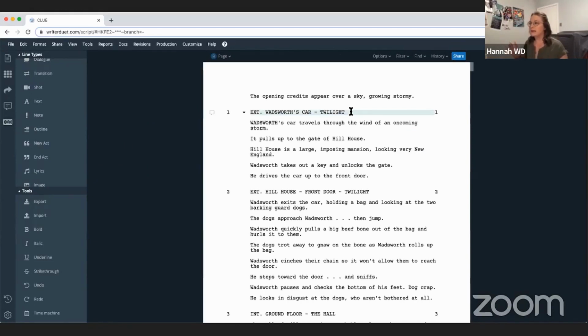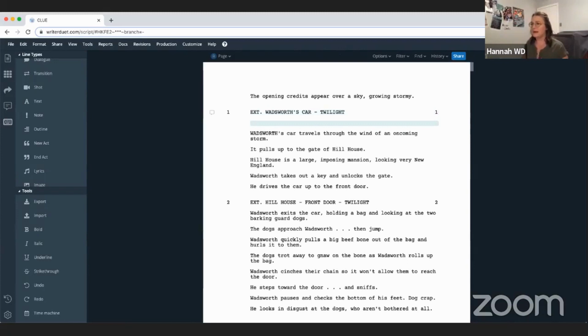So we're going to add some outline lines here in the script, and I'll show you how they display and then how you can use them with the cards mode and your script itself. You may be starting with just your scene headings and your outline lines, and you don't have any of your content for your scene yet. It's whatever it is for your writing process, right? But either way,